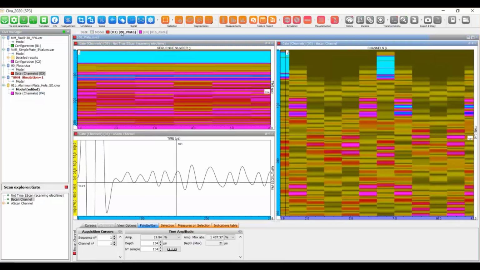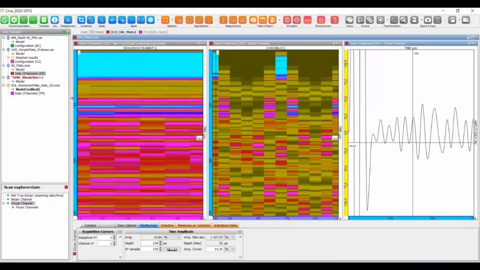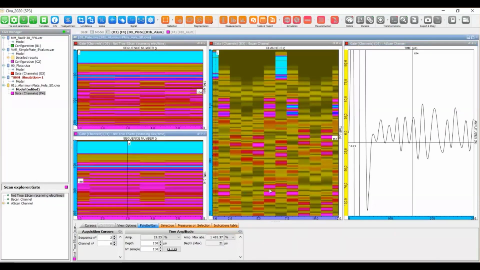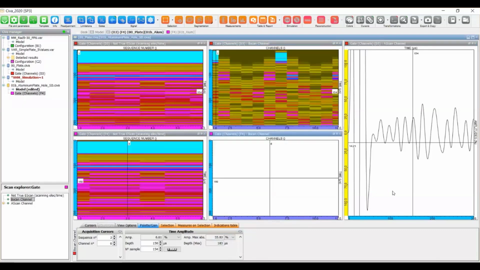So one way to proceed could be to put everything on the same window and superimpose channels, for instance. So here I put my two on the top, the situation with defect, on the bottom the results without defect.